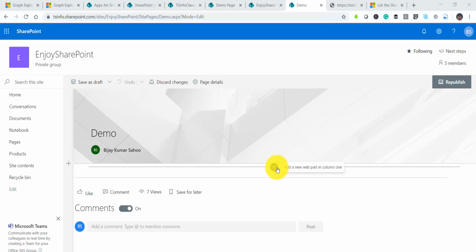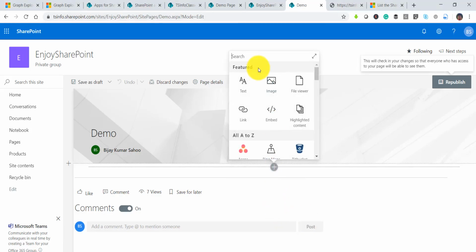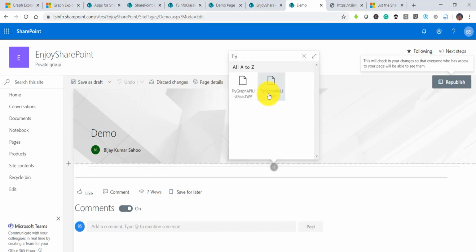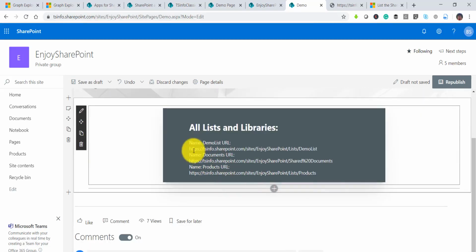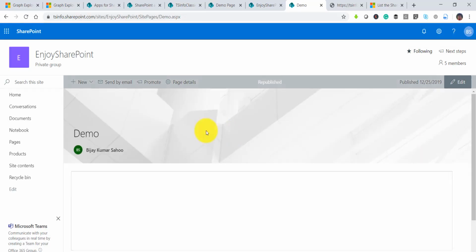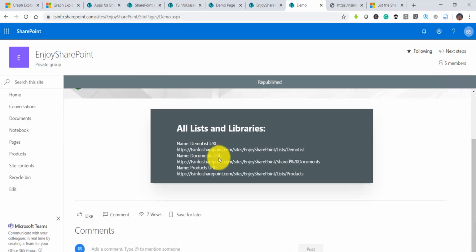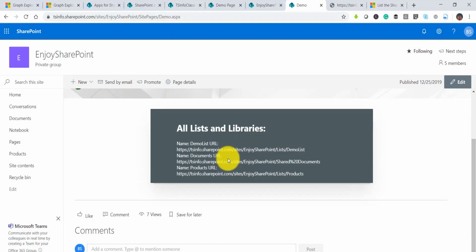So in the edit mode, I'll click on this add and just search for try, and we should be able to see our web part. So the second one, try graph list web part. You can see here now it is providing us the name of the list and then the URL of the list. So you can just publish, and we will be able to see the list and libraries here. So this is how we saw how we can work with